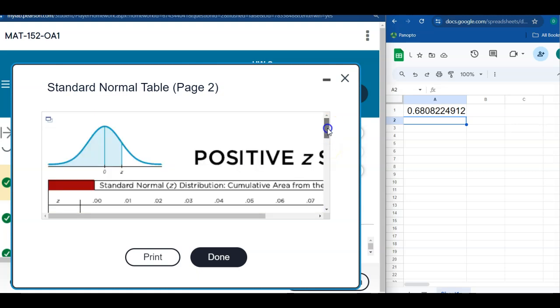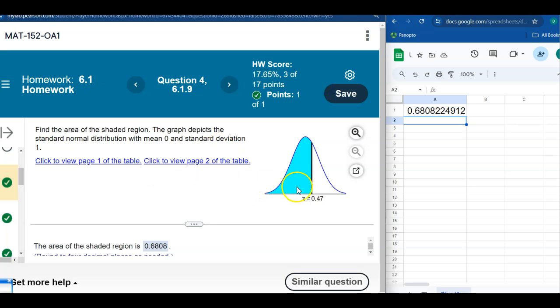And that picture tries to show you, match up what you're seeing right here. So that's how you would use that. Okay, now